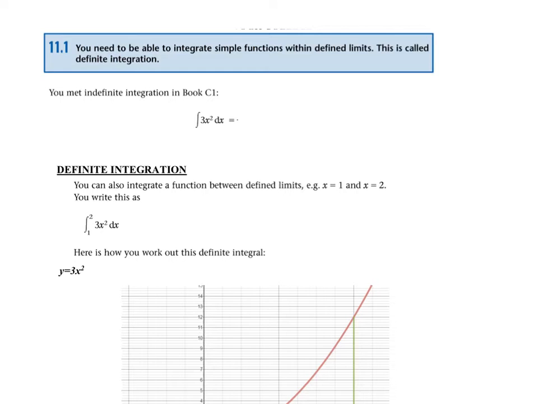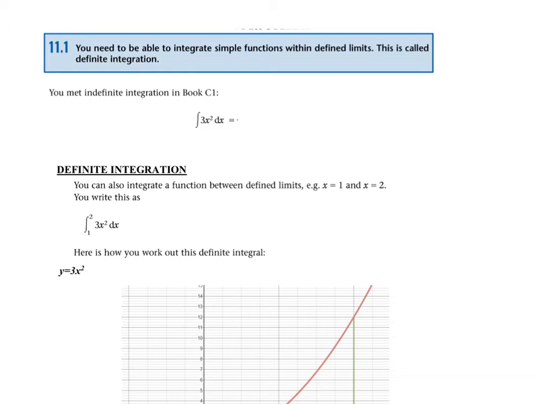Thinking back to integration, this integral of 3x squared with respect to x, that's what the dx means, and we don't have any numbers on this integral sign. It's what's known as an indefinite integral. So when we integrate it,